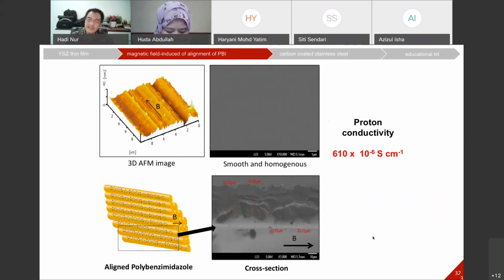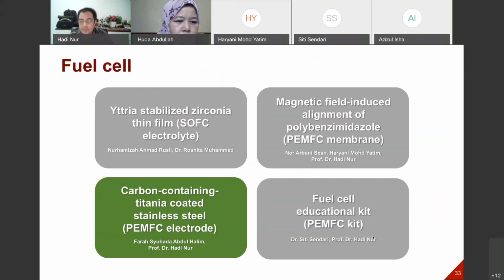For me, this result is very interesting because now we no longer need to add nanoparticles or another additive to increase the proton conductivity. Just with the help of the magnetic field, we can align the polymer chains and improve the proton conductivity. Okay, the next topic is carbon-containing titanium-coated stainless steel, where this material is used as a proton